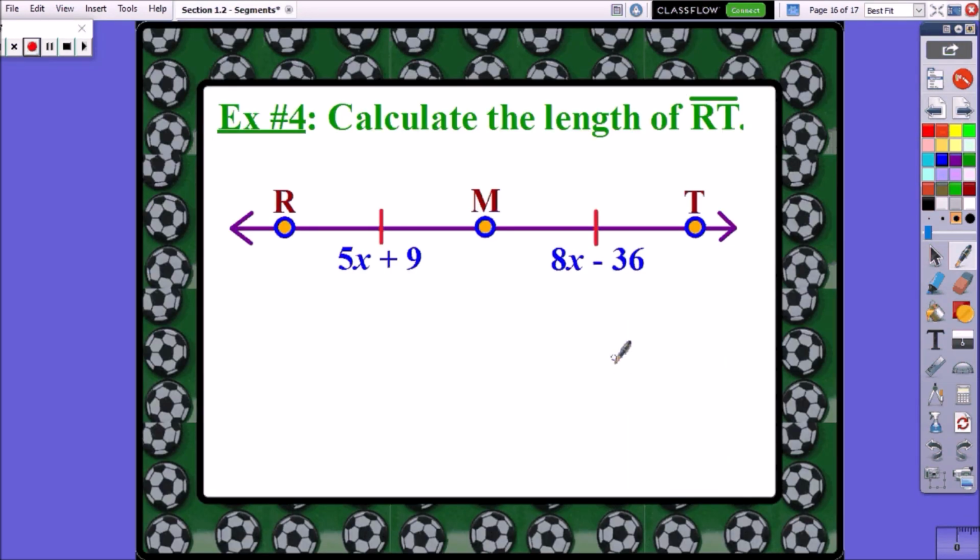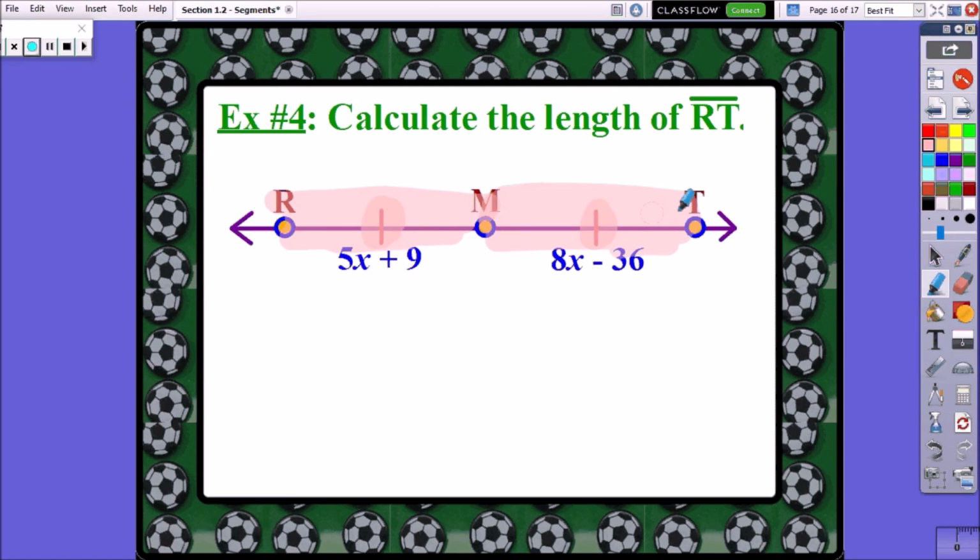All right, so example 4. Calculate the length of segment RT. So first let's notice RT, that's this great big segment here, right? And the other thing that I notice here, there are some special markings. There's those congruent markings. And what's that telling us? That's telling us that this segment RM has the same measure, the same length as this segment over here,